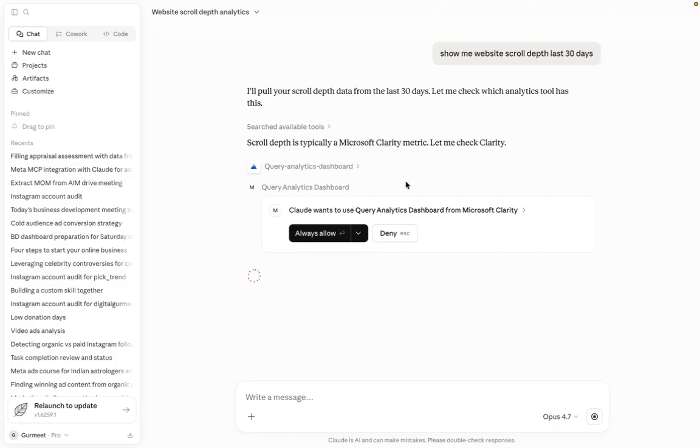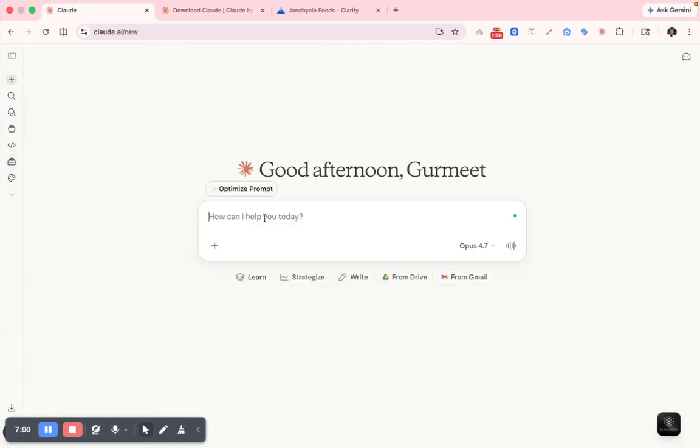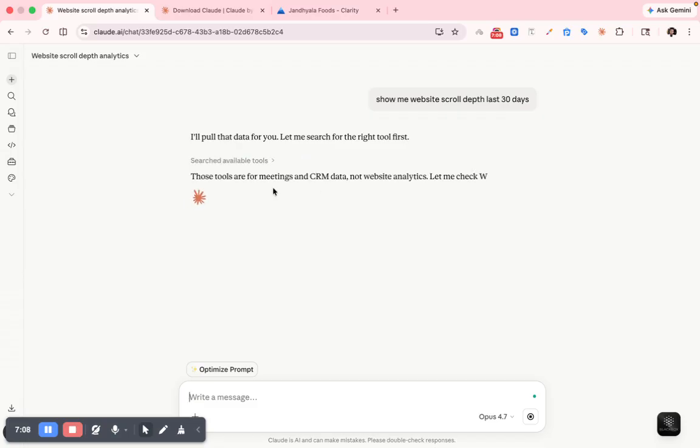Okay, allow. So now the same thing we will try to apply on the browser also and see what it will say, whether it will be able to do that or not. Tools, settings, CRM data.